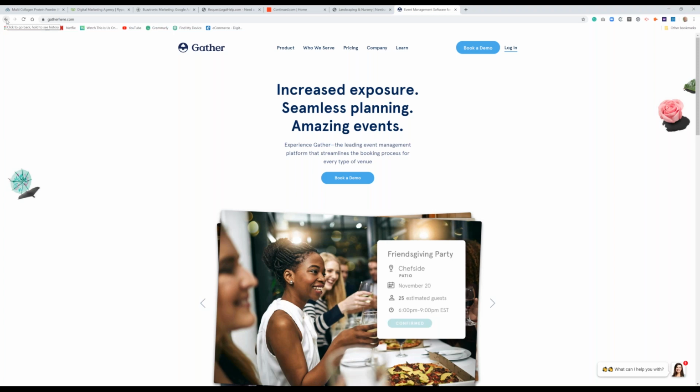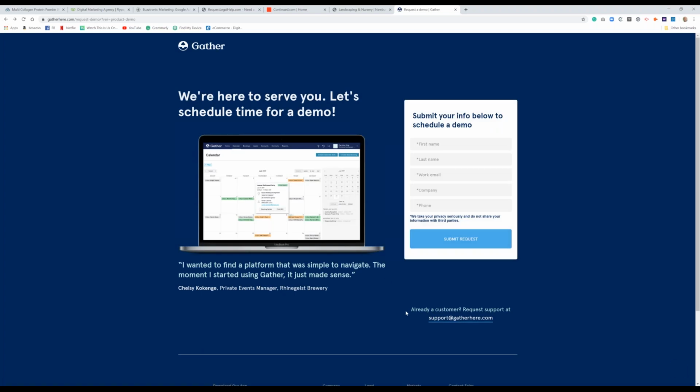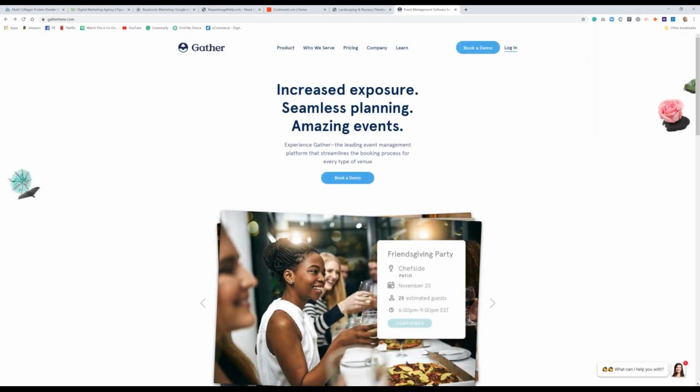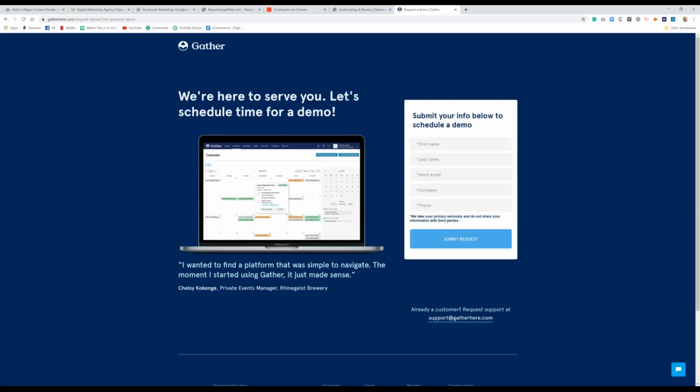This is a white page, whereas this is a reversed out page. And you see if you went from one to the other, if you actually went to the Gather homepage and then clicked in the upper right on the Book a Demo button, then you just did a switch, a complete reskinning. One was white with navy blue lettering. The other is navy blue with white lettering. So it's kind of the same color theme, but not really, because something changed.